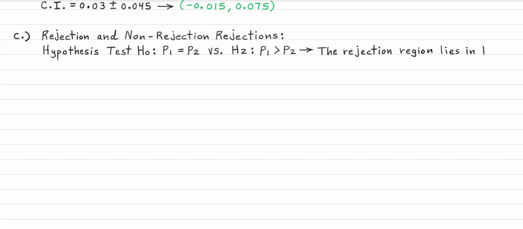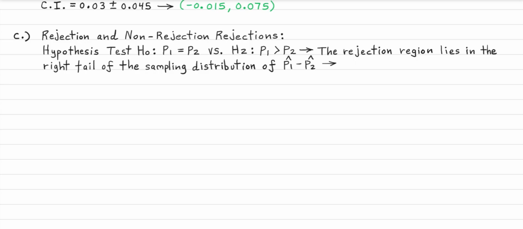So thus H0 is P1 equals P2 versus H1, P1 is greater than P2. So practically this translates to the rejection region lying in the right tail of the sampling distribution of P1 hat minus P2 hat, and this identifies the significance level alpha